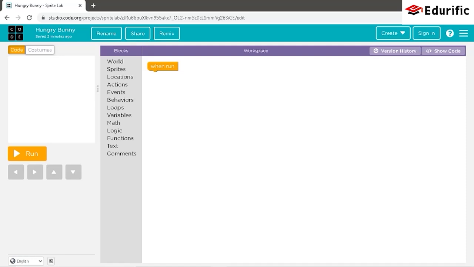So, we shall now move on to the next step of creating projects on the Sprite Lab. The project that we will create in this session is very simple and very basic, which enables you to understand and grasp project creation. So, the aim of this session is to make us familiar with creating projects.